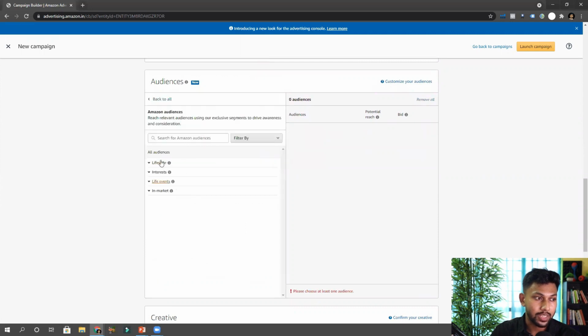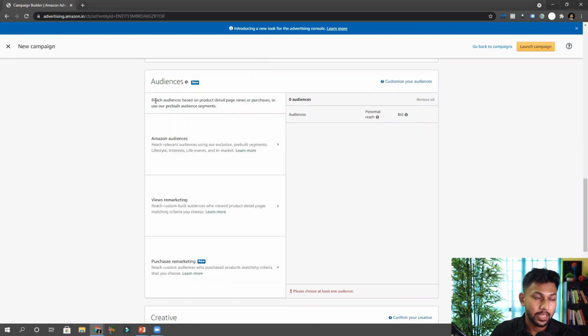Now in Amazon audience, you can select by lifestyle, interest. It is the same as detailed targeting in Facebook, which is very broad. So don't use it unless you have some extra capital to invest in ads in reaching more audiences. But for the rest of the parts, the views remarketing and purchase remarketing are better,